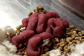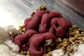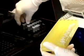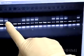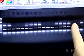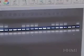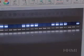Not all pups may have successfully incorporated the transgene. To test which pups have the transgene, a small sample is taken from the tail and analyzed by PCR and gel electrophoresis. In this gel, each lane represents DNA from a different mouse. This DNA band represents a normal gene present in all lanes. This DNA band